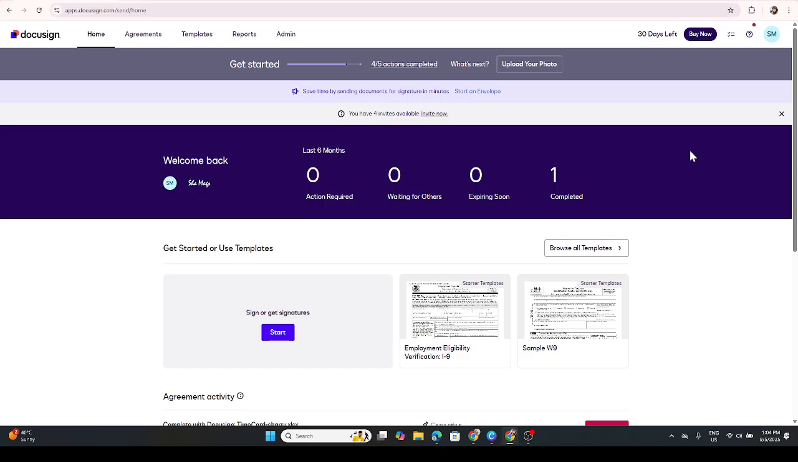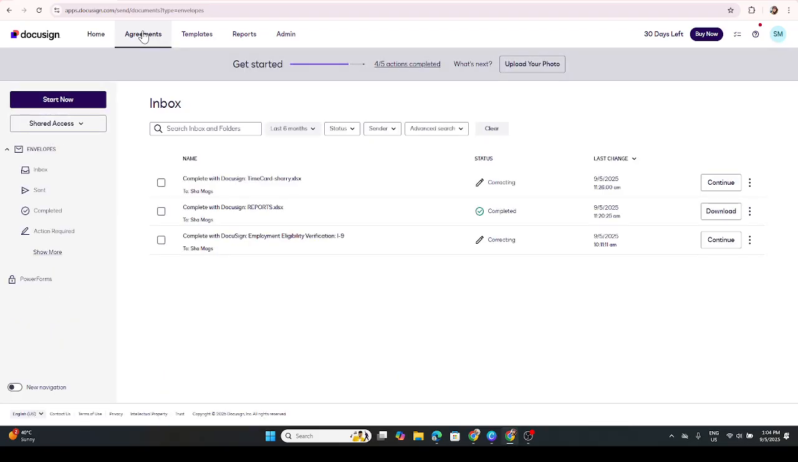Once you're on the DocuSign landing page, locate and click on the Agreements tab. This tab is vital because it houses all your active and archived documents, making it the perfect place to organize and find the files you're looking to print. Take a moment to scan through your options and get acquainted with the layout, as this will save you time